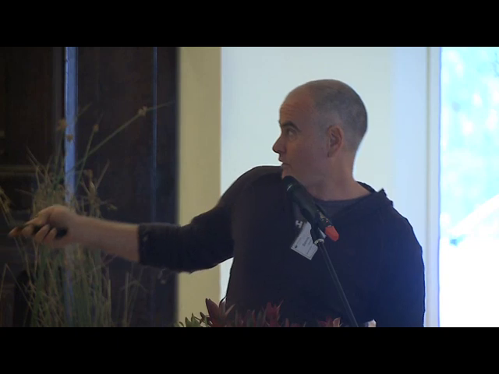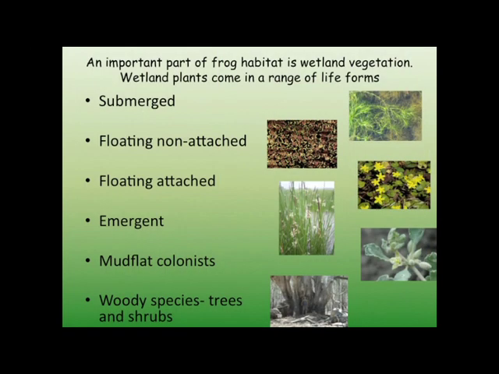You're probably all aware of the classic image of a frog sitting on a water lily that a lot of people have. We have some things that are like water lilies, things like marsh flowers and water nymph species. And again, they're great habitat because it's like having a little shield they can slip in and hide under if a predator comes along. Emergent things like sedges and rushes are again fantastic habitat, with lots of little nooks and crannies to hide in, to get away from snakes and birds. Then there are mudflat colonist species, little herbs that come up as the water level recedes, often in quite dense cover, and a good habitat for frogs around the edges